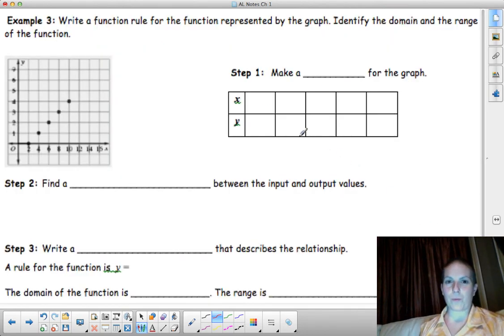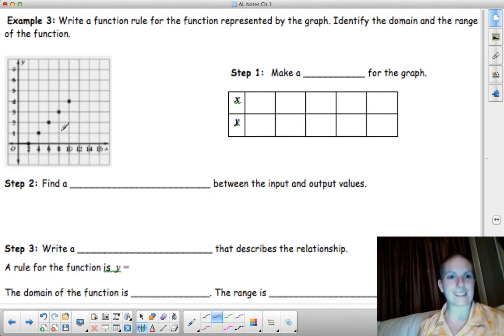Now we have to write the rule. So we're going in the other direction. They've given us a graph, and now we have to come up with a rule. It really allows us to bounce back to section 1.6, where we had those write the rules. So now we're going to make a table for a graph instead of a graph for a table. Remember, input values